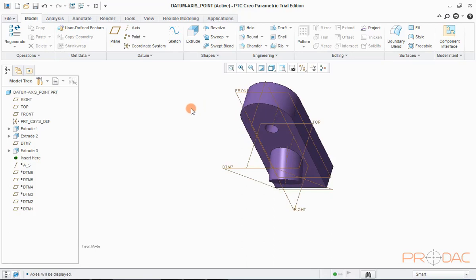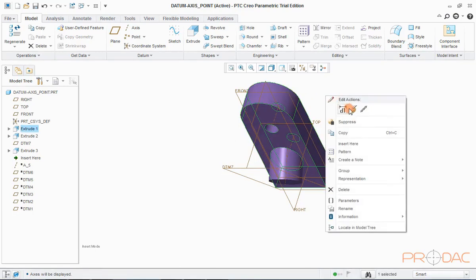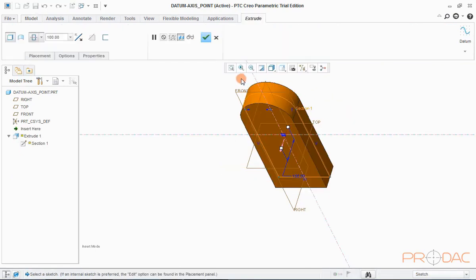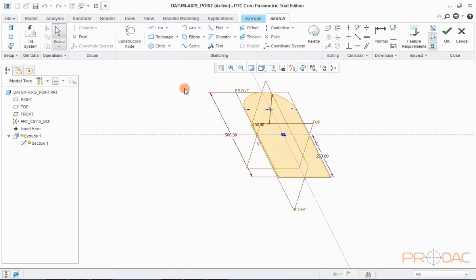Now we'll learn to create a point. Select the model and right-click somewhere and select the editing options from the pop-up menu. Click on Placement and then Edit. Make the sketch parallel to the viewing screen by clicking on Sketch View.